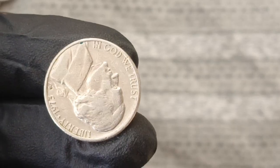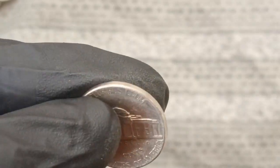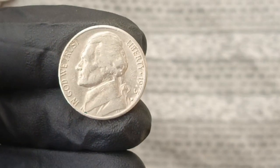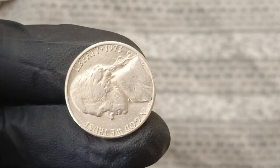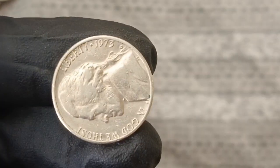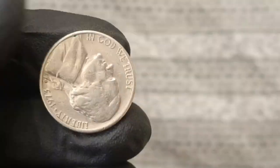submitted to a third-party grading service and received an unprecedented rating not only for condition but for the sheer number of simultaneous mint errors it exhibited, which included die polish lines visible under magnification, signs of improper alloy mixing, leading to color variation across the surface, and even hints of lamination peels that occur when the outer metal layer of the coin separates from its core due to bonding issues during the blank production process, and while any one of